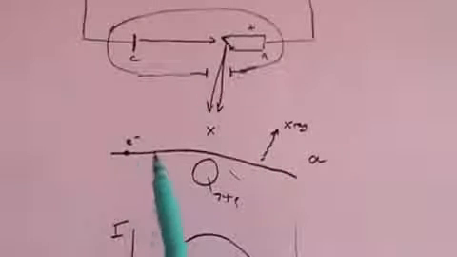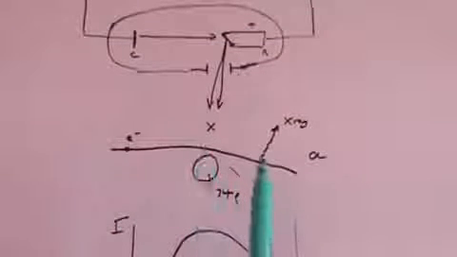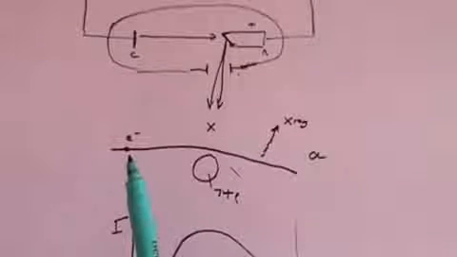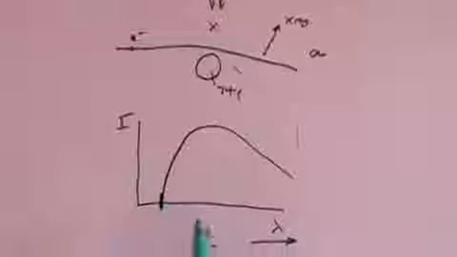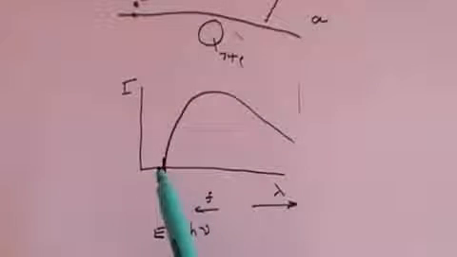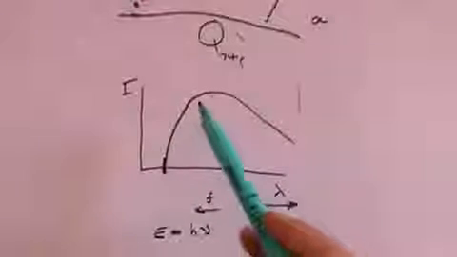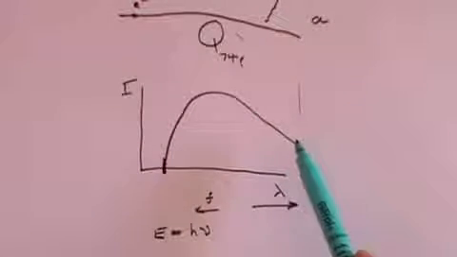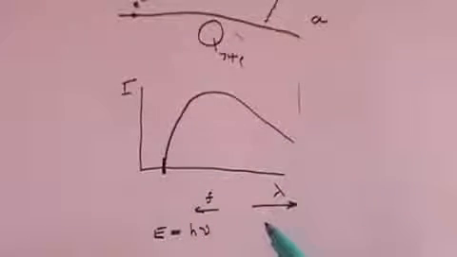The electron can't give up more energy than it already has. So even if the electron gives up all of its energy, the X-ray will have a maximum energy corresponding to the energy of the electron. And that's why there's a cutoff. This represents the point at which there is no more energy for the electron to give up, and therefore the X-ray energy, which is of course h nu, has a maximum at that point. So Bremsstrahlung radiation, the continuous distribution of radiation according to wavelength,